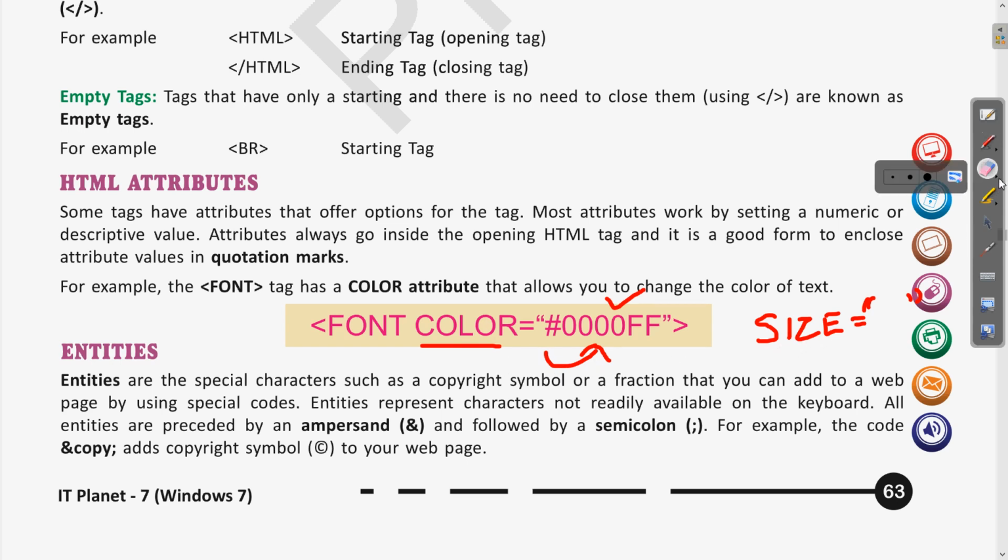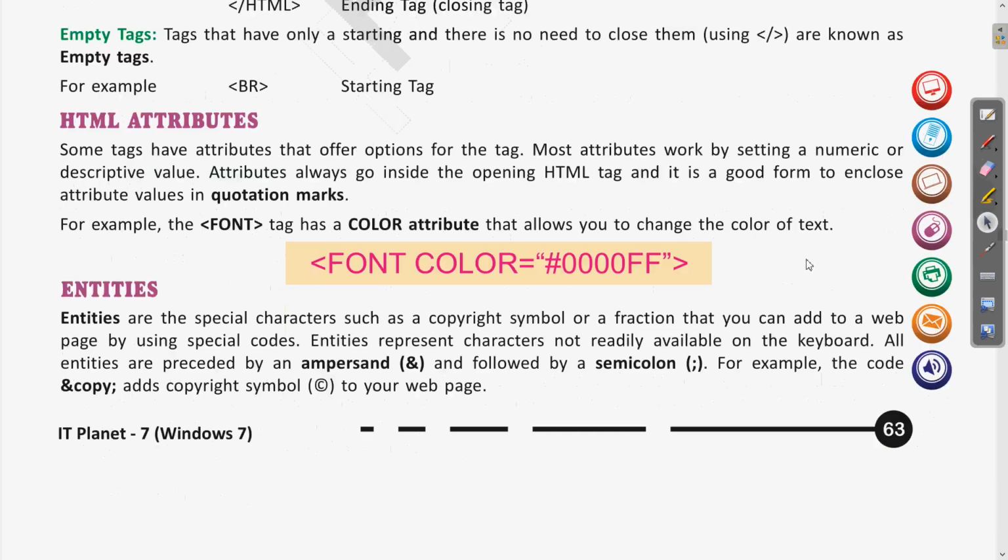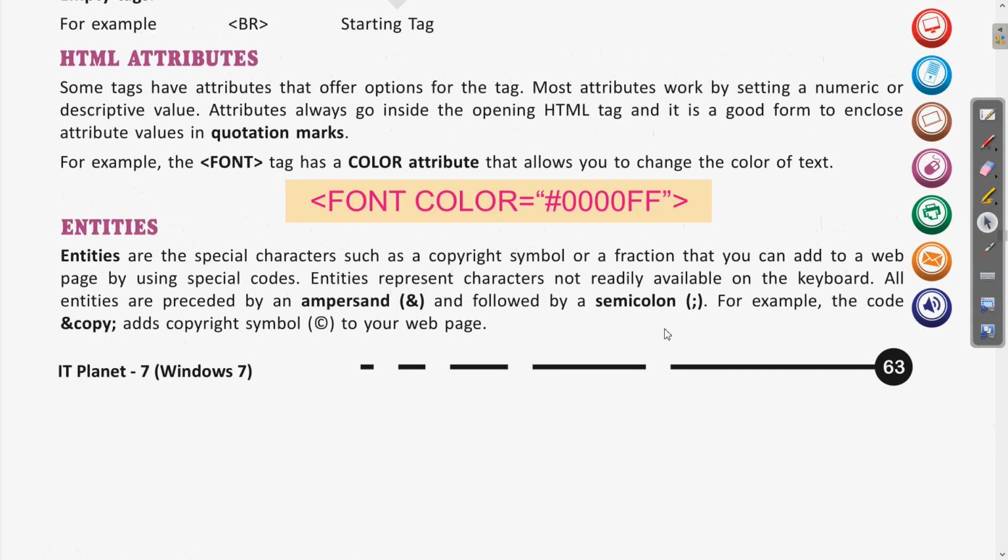Now next is entities. So what are entities? We have seen that these are special symbols, like the copyright symbol, which can be written in between an ampersand and a semicolon, clear? If you want to write a copyright symbol in an HTML page, we don't have a copyright button on the keyboard.